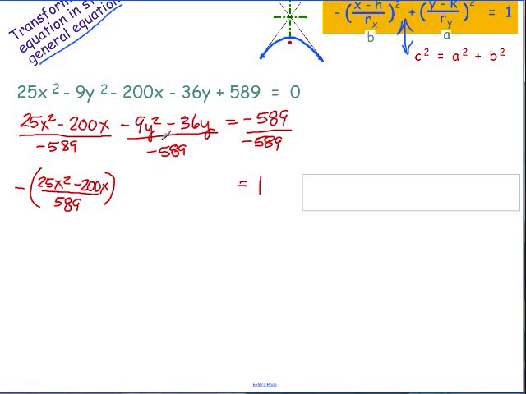And if I look at this, I've got negatives in my numerator, I've got a negative in my denominator, so I could rewrite this taking out the negative in my numerator and taking out the negative in my denominator. I got negative over negative, which gave me positive 589. I'm getting closer to where I need to be,